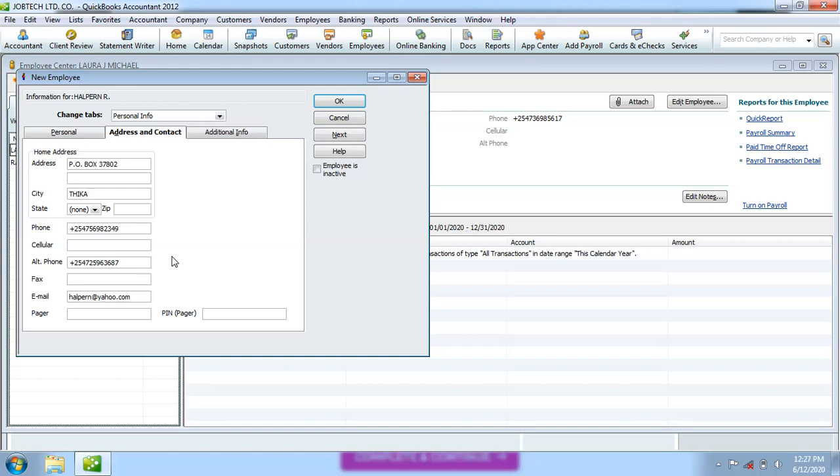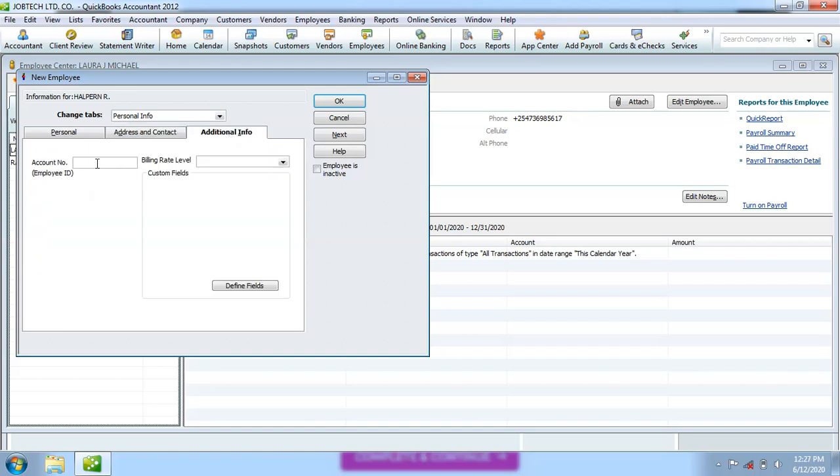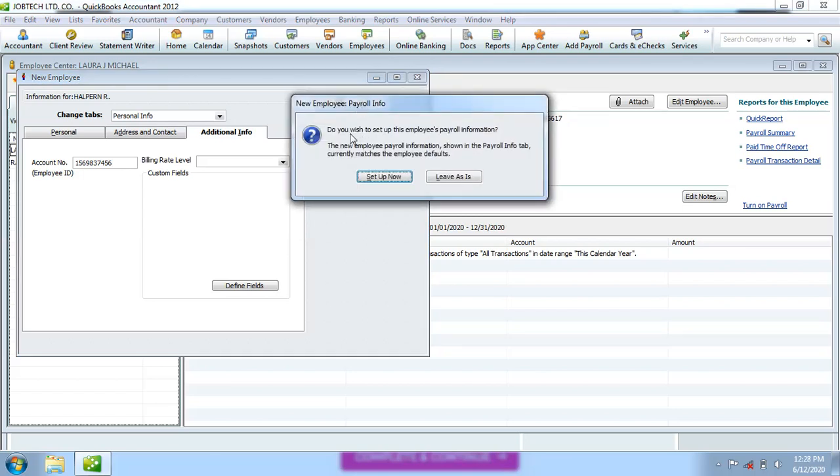No changes. So we go to additional info. What we're going to add here is the bank account number. This enables you to pay them directly by depositing their salary in the bank account, and then you click OK. All you have here is, do you wish to set up employee's payroll info? The new employee payroll info shown in the payroll info tab currently matches the employee default. So basically what this means is there's still some more information that is missing for this employee, and that is